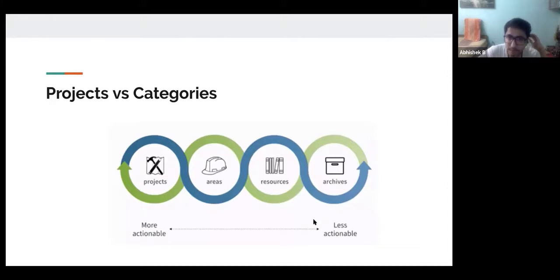So building a second brain asks you to divide all of the things that you're doing into these four sections, where projects are the most actionable things, and areas, resources, and archives are less actionable, and you just keep them for future reference. But your projects are your current projects, and that helps you keep a laser-eyed focus on what you need to ship.